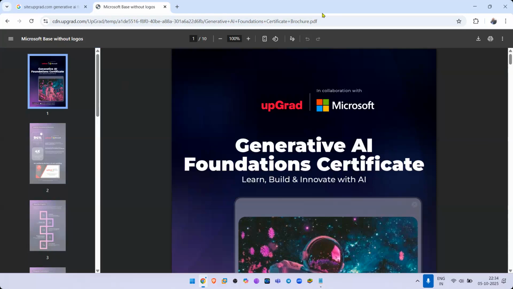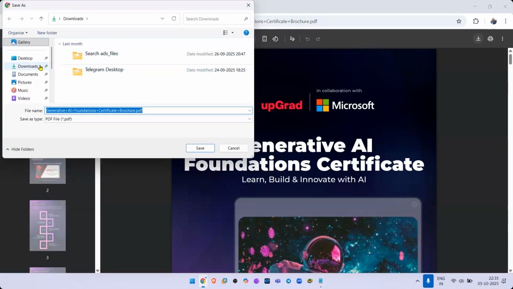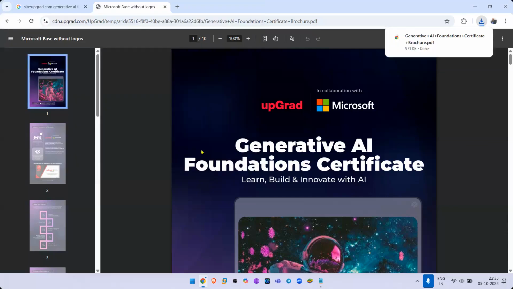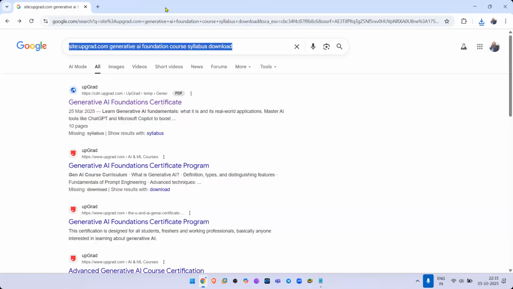Simple, right? All I have to do is click on download and it will be done. See, it's simple. I'm just clicking on download. I'm not committing a cyber crime. And that's it. Just click on save, done deal. It's so simple. Now this brochure is there on my computer. Check it out. Give me a 1 in the chat box. This is the first part.